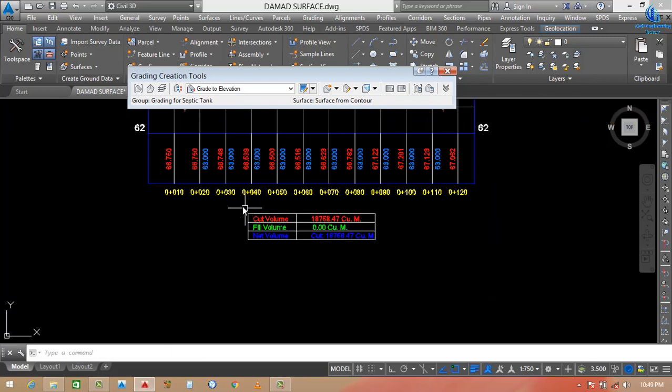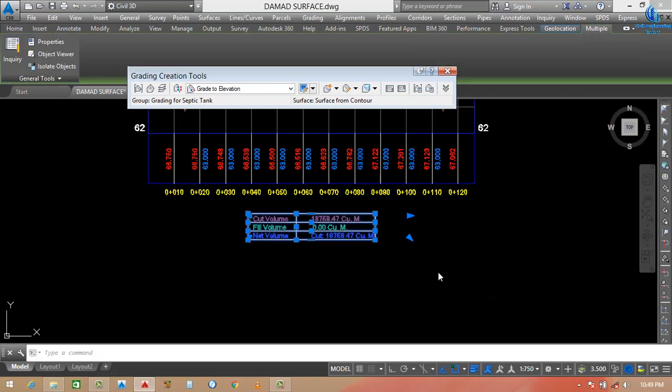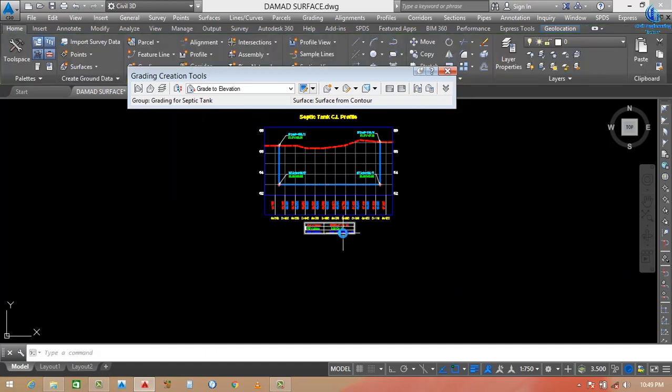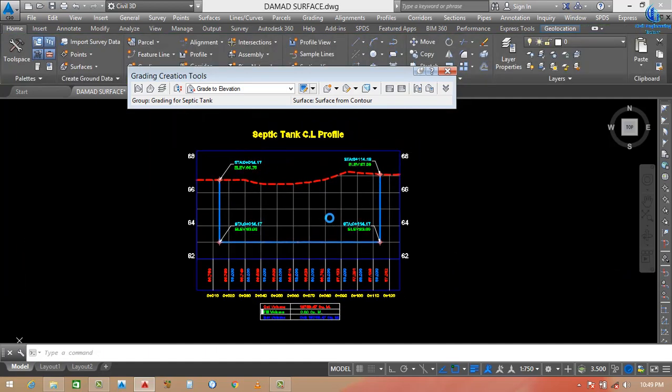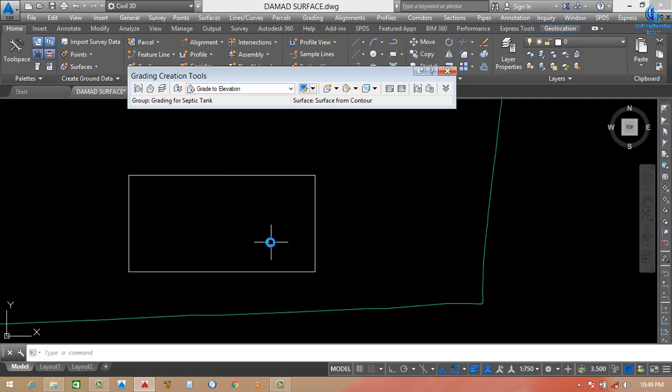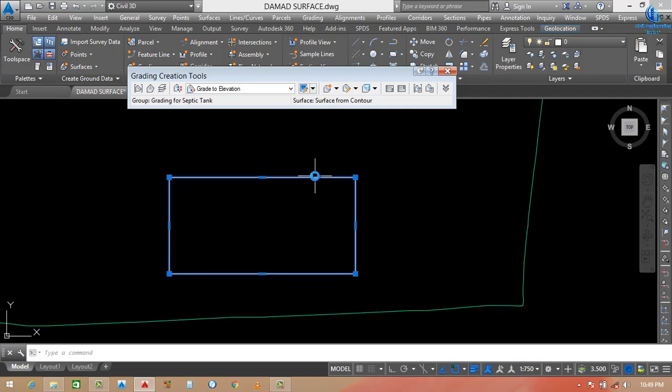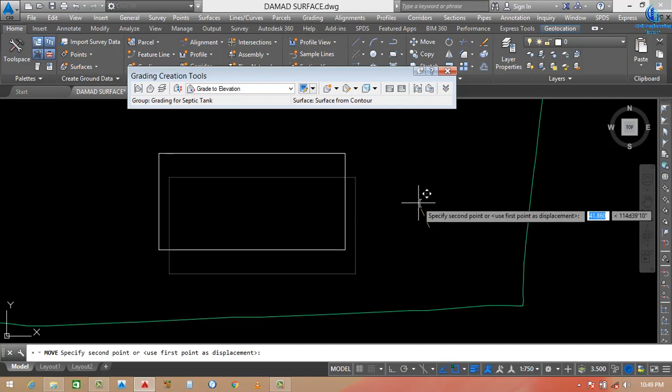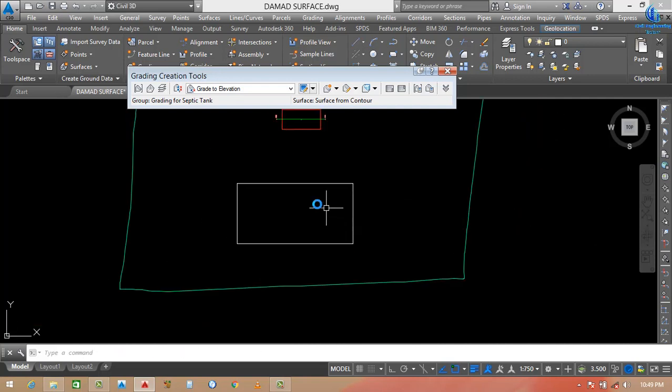Okay, see this one, this is our quantity of our septic tank or water tank. Okay, you can see here all detail is mentioned here. This is our water quantity. So you can see here our plot. I also want to take its plot quantities. For that,